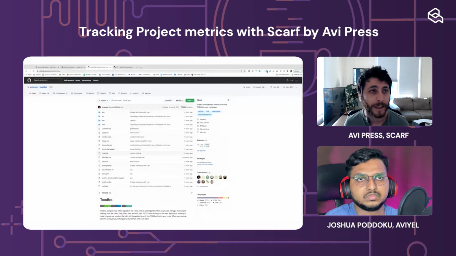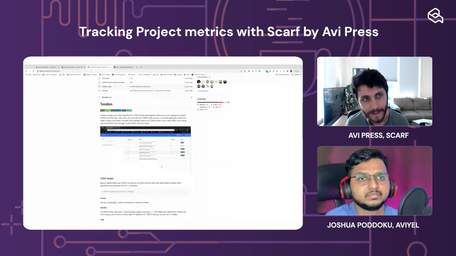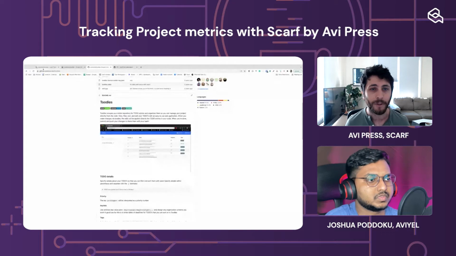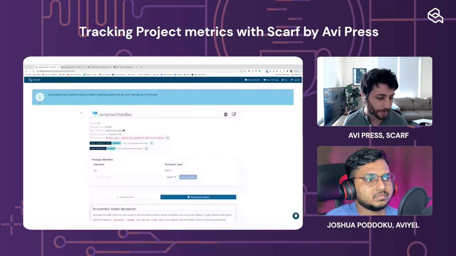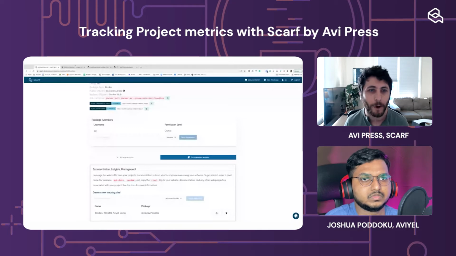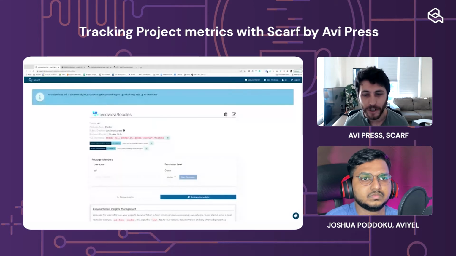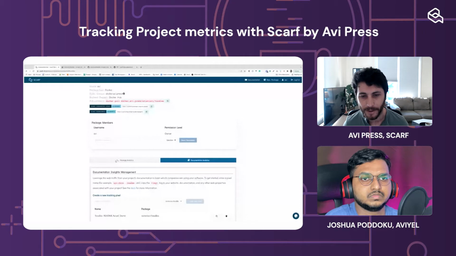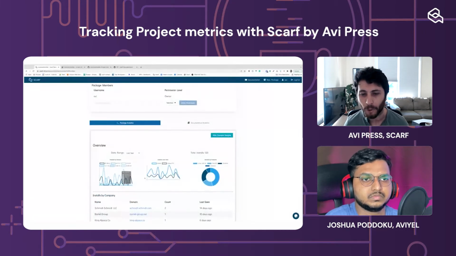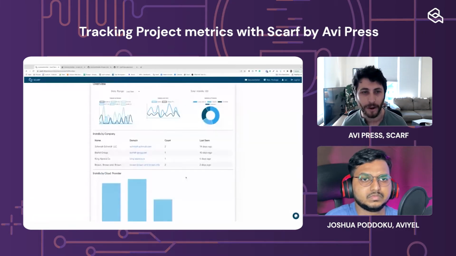And that's really useful information, because it can tell you a whole lot about how people are finding you, how they're getting to you, what they're reading, where they're getting stuck. And it's a really good way if you're very community-minded. People who are just getting started with the open source project and just trying it out are the exact group of people that you want to convert into contributors, customers, that kind of thing. And so the combination of documentation insights as well as package analytics on Scarf Gateway are a really good way to get started with that and track that in a really low friction way.